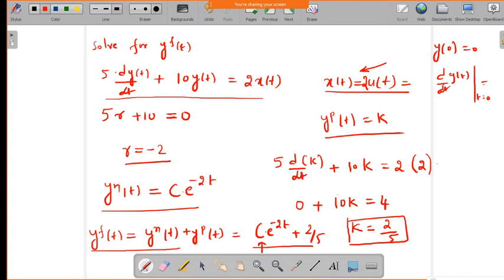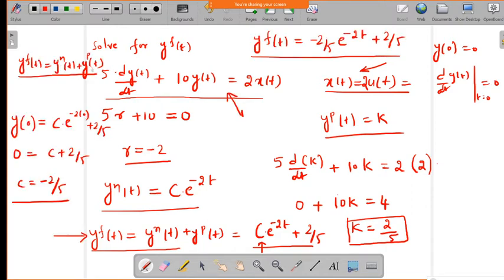Hello? Sir, can you explain once again? Yeah. So, this is the differential equation which is given, and we need to find the forced response. In order to find the forced response, as I said, it consists of two components: y(t), which is the natural response y_n(t) plus the particular integral, that is y_p(t). Okay. So, this is the complete forced response, which consists of the natural response plus the particular integral.